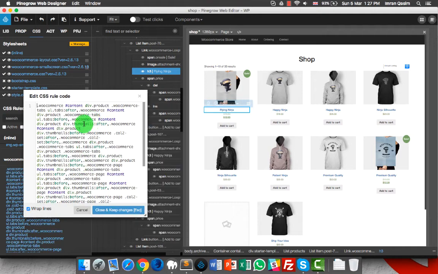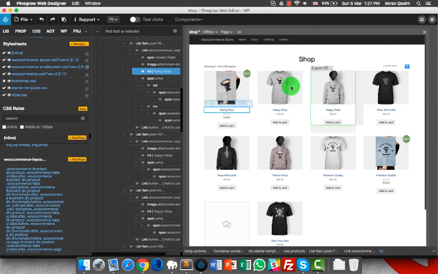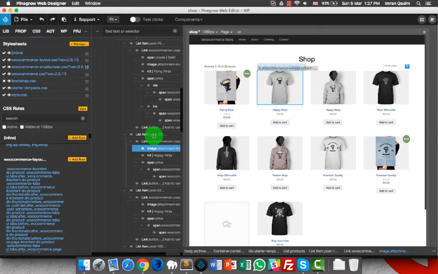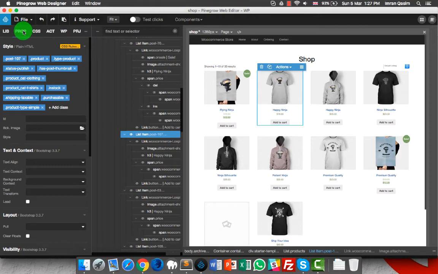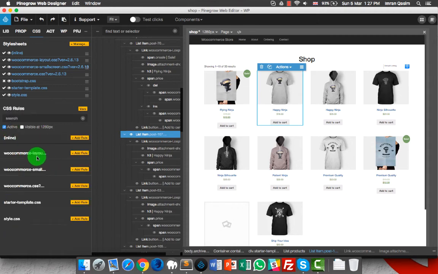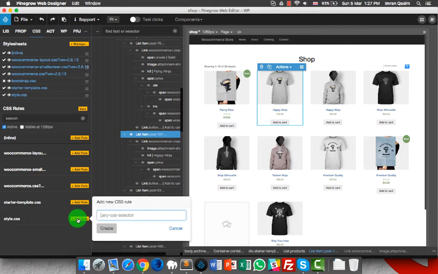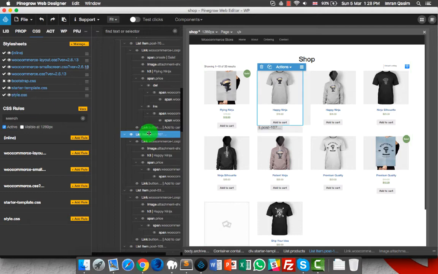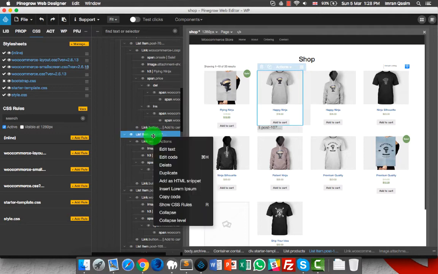this editor, you see WooCommerce content, and further image link. You can change the background of list item, like if I do background property, and here you will see those classes are attached, and you can further customize the WooCommerce layout, add rules, inline, and add rules. You can add rules here, like if you want to change the background, you can do it here. But before that, we need to find the class attached.